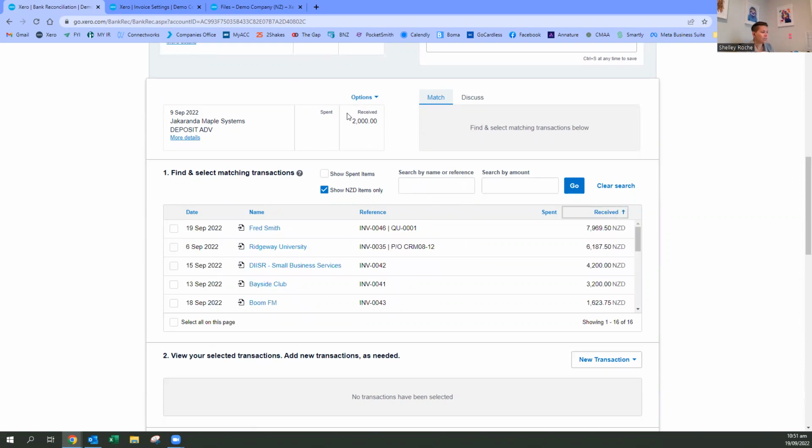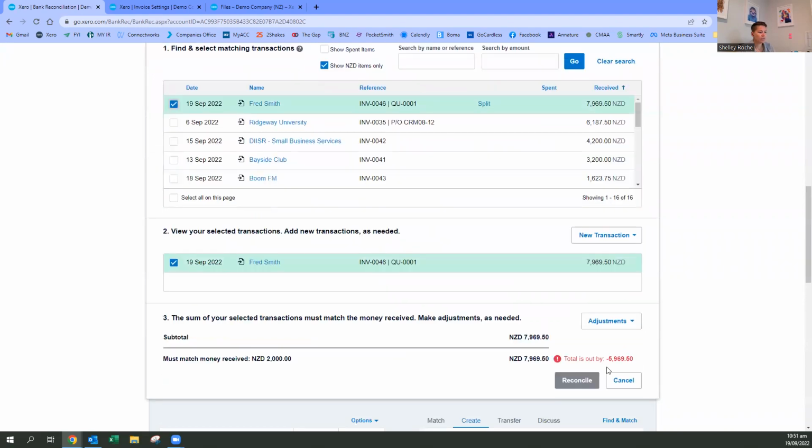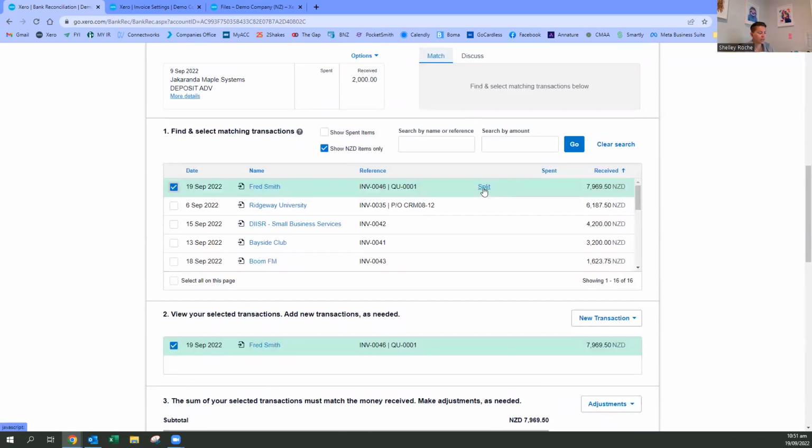Right, so let's just pretend this $2,000 is a deposit from Fred. Okay, so he owes us nearly $8 grand. So we go, right, this is his deposit. So we go tick, and of course it's not going to let us match it because it's totally different from what he actually owes us. So from here we just hit split,